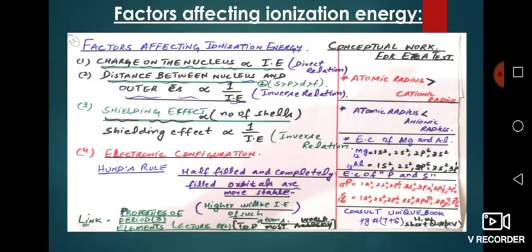Like given in the example of phosphorus and sulfur, in the case of phosphorus, the removal of an electron is difficult as compared to sulfur, because sulfur has paired electrons, so there will be a repulsion between the paired electrons. It means in the end we can say that the removal of electrons from the paired orbital is easier as compared to the half filled orbital.